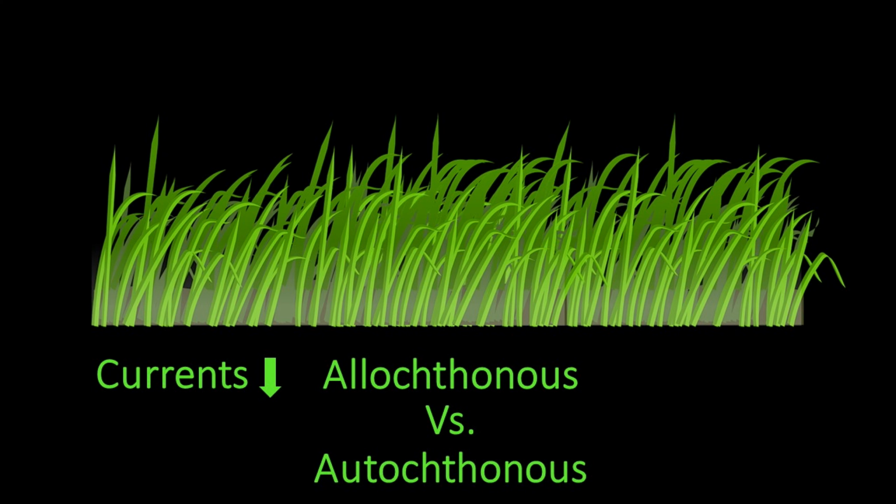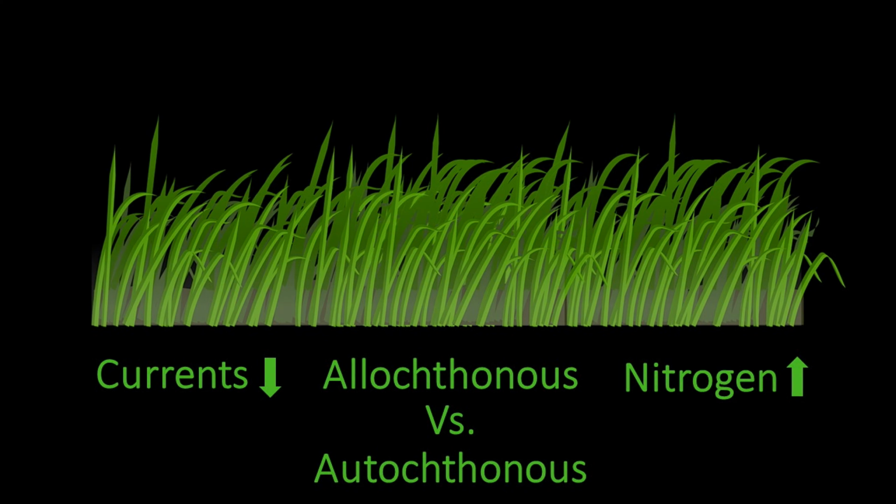Some of this material may remain here for a relatively short period of time, depending on oxygen and pH conditions, emitting reduced nitrogen forms via decomposition. However, a significant quantity will remain in a healthy bed for hundreds or even thousands of years. This process is often associated with sequestering carbon, but this matter also contains large quantities of nitrogen. It has been estimated that the nutrient cycling abilities of seagrass, including but not limited to sequestration, are worth $1.8 trillion a year around the world.